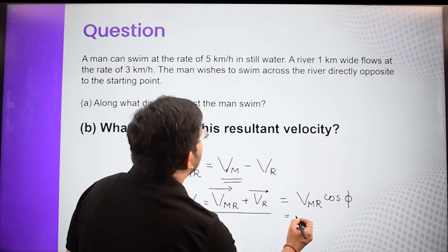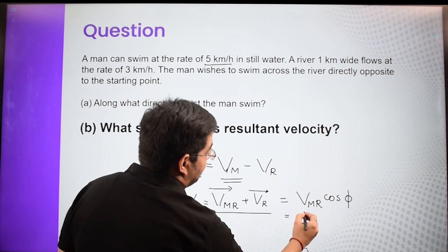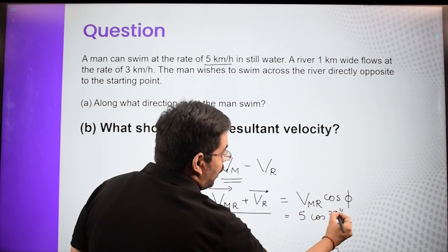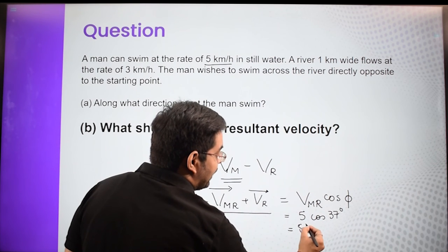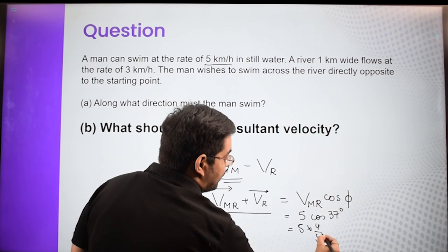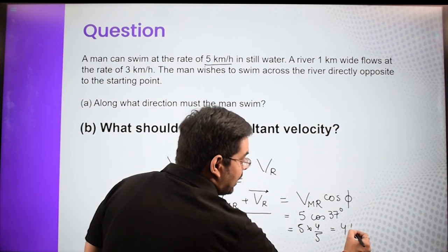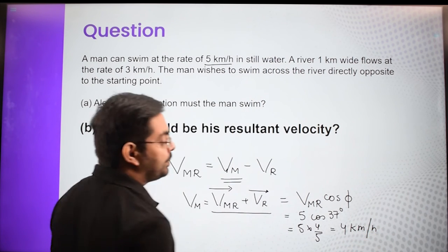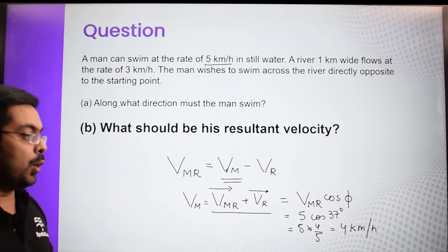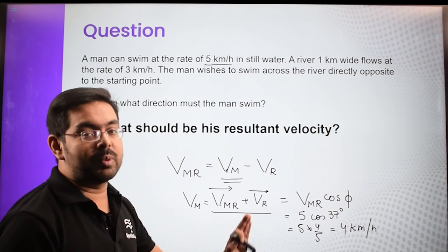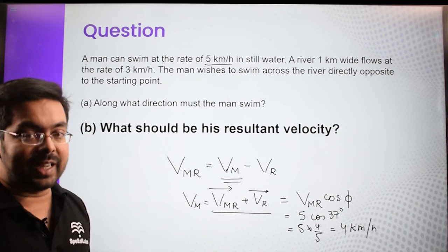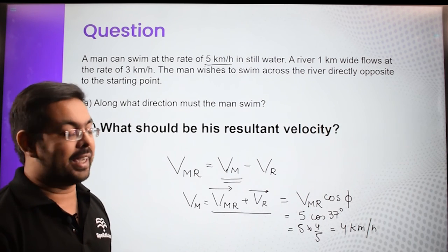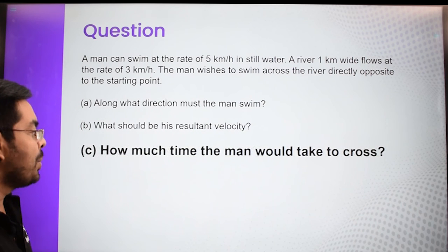ठीक है, VMR cos phi, तो वो कितना हो जाएगा, देखिए VMR इज हाउ मच, इट इज 5। ठीक है, एंड यहाँ पे क्या लिख सकते हैं हम लोग, cos 37 डिग्री, cos 37 डिग्री इज अप्रोक्सीमेटली 4/5। तो इसकी जो रिजल्टेंट वेलोसिटी हो जाएगी बेटा y डायरेक्शन में हो जाएगी, एंड दैट विल बी 4 किलोमीटर पर आवर। ठीक है, 4 किलोमीटर पर आवर हो जाएगी उसकी y डायरेक्शन में वेलोसिटी, एंड दैट विल बी हिज रिजल्टेंट वेलोसिटी विथ विच ही विल बी क्रॉसिंग द रिवर अलोंग AB लाइन।